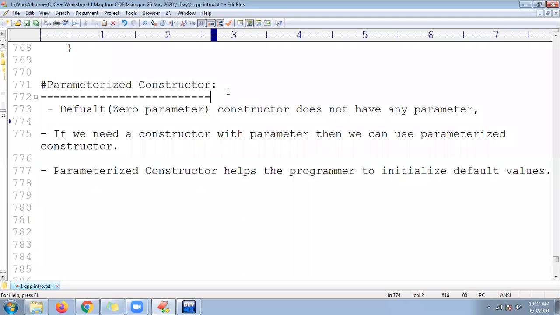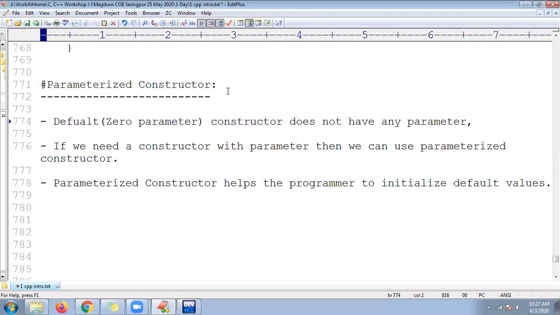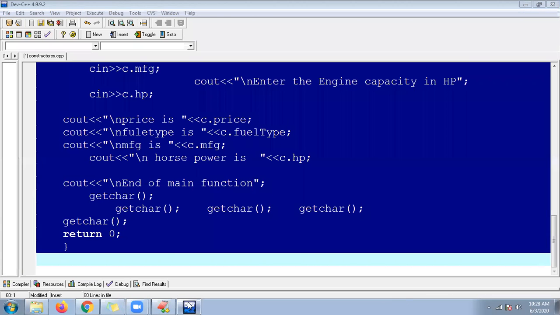So, guys, like a default constructor, there is one more type of constructor, that is the parameterized constructor. What is the meaning of parameterized constructor? It is like a default or zero parameter constructor, but it just takes input parameters. If you need parameters to be passed to the constructor, you can take the help of a parameterized constructor. Parameterized constructors help the programmer initialize values at the time of initialization itself. If you look at this program,